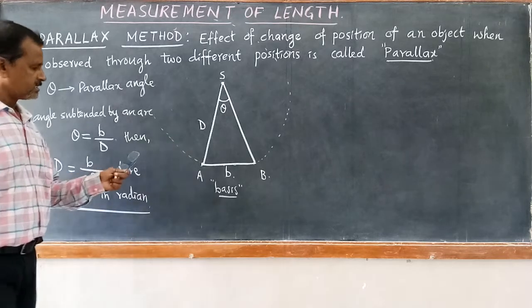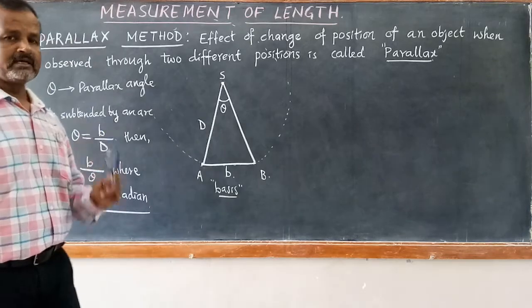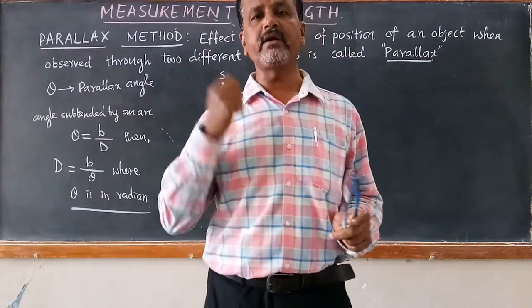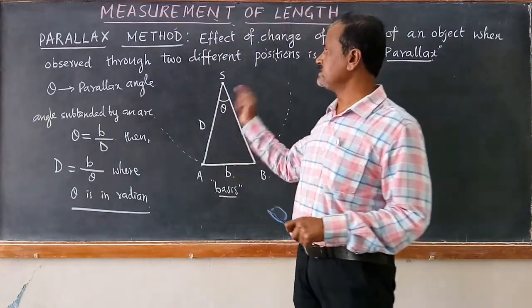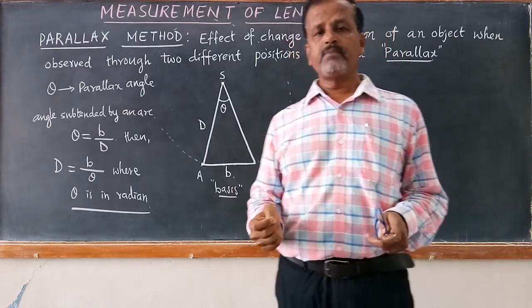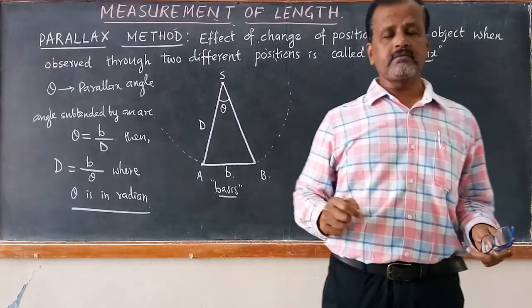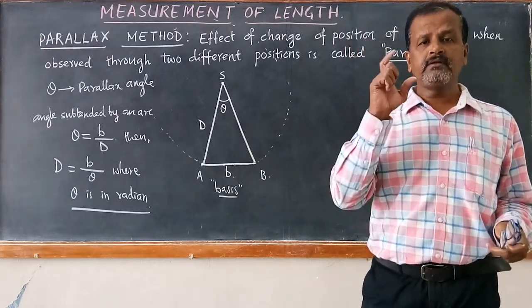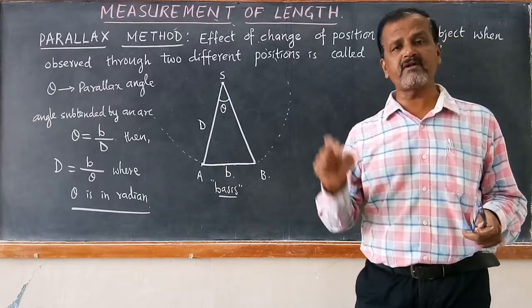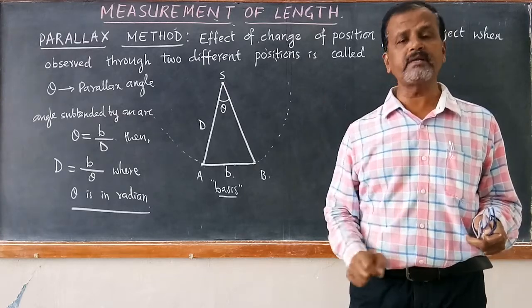You know, distances are measured in meters, basis is also measured in meter. Therefore, the angle theta should be also measured in radian. If it is measured in a degree, it should be converted into radian. So this method is called as parallax method. Similarly, using parallax method, one can also measure the angular diameter. One can measure the diameter of a planet, diameter of a satellite like moon. Diameter of a moon can be measured. Diameter of the sun can be measured. That we will see while solving the problems.